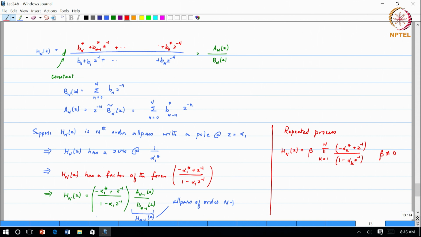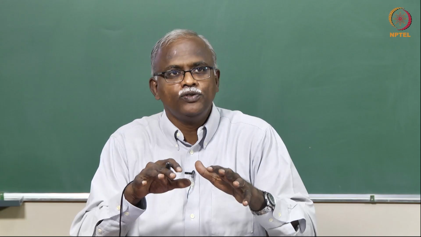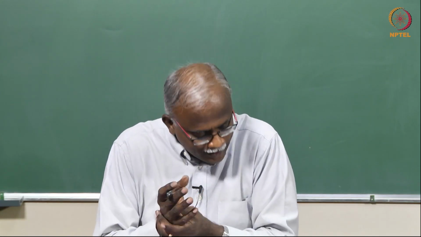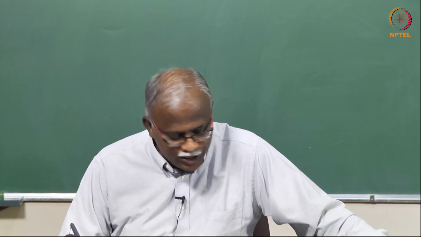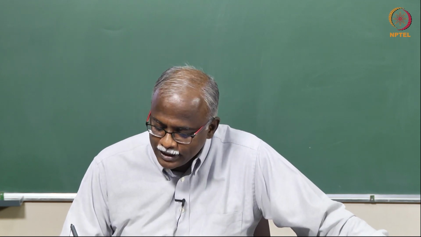Now, an important observation on this structure. Once you say that any all pass function can be factored in this form, if a particular alpha k happens to be 0, then what do you get? Is that factor still an all pass? Yes, it is still an all pass. It is equal to z inverse. So z inverse is actually a delay, it is an all pass function, and it collapses to a delay. So the case where you have all alpha k equal to 0,